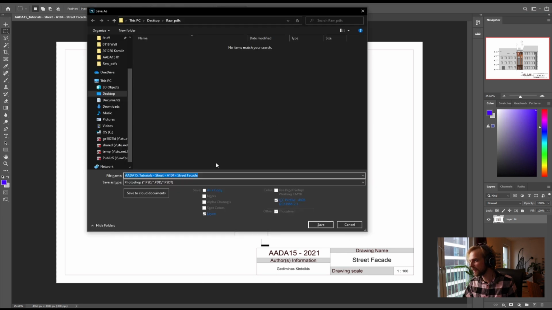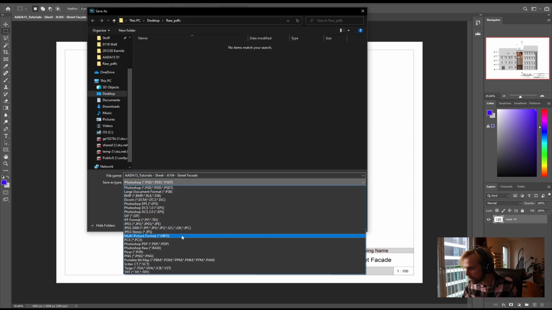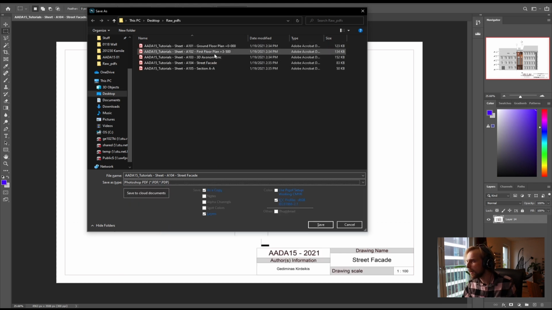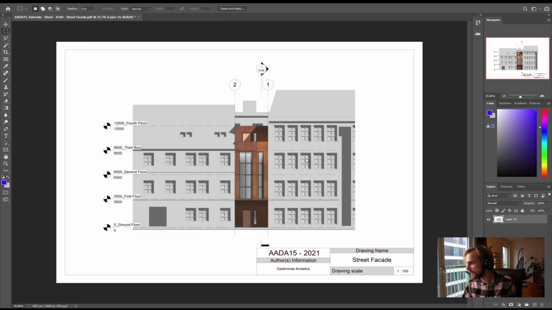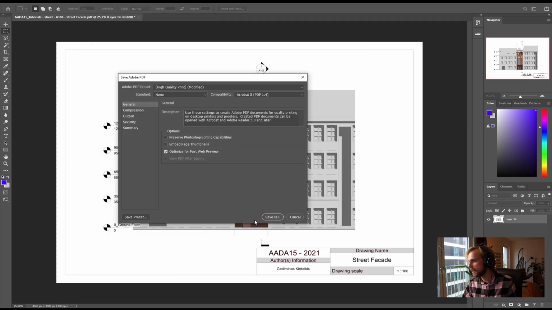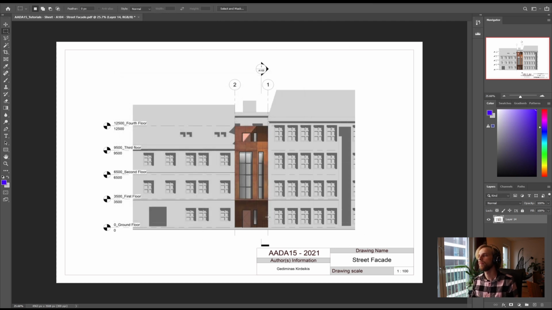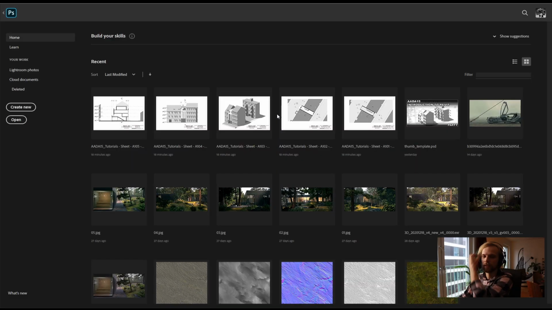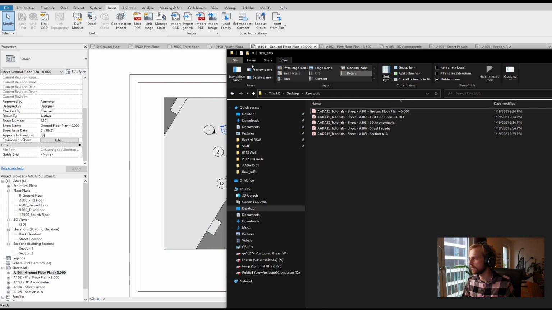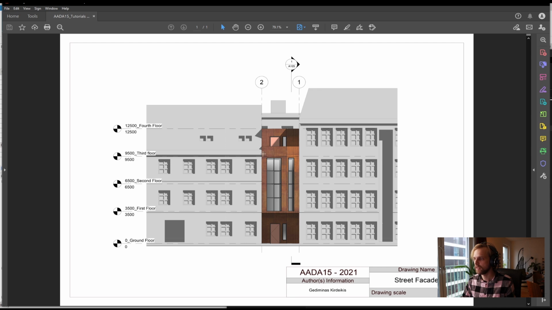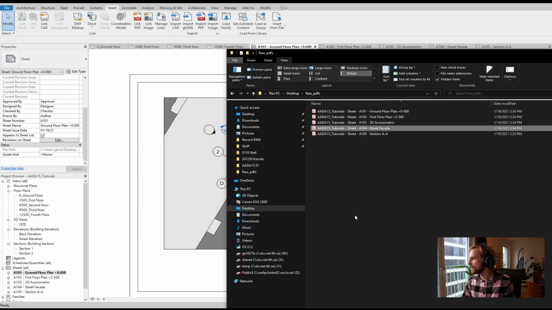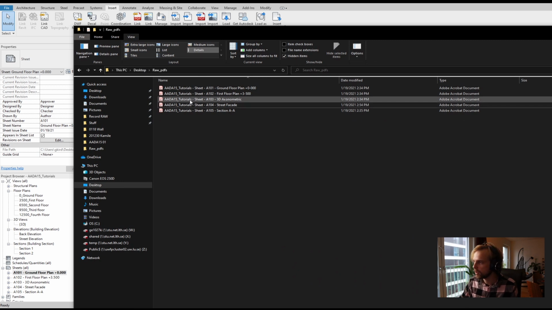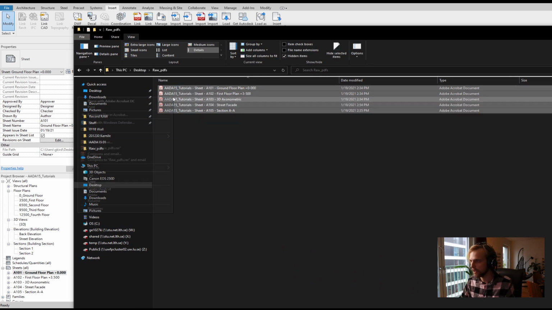Control S. PDF, street facade, no layers, don't need that. Save, yes, replace it. Hit OK. Hit save PDF. Okay, this time it worked. So now, once I close this and turn this off, I can see that my street facade here is nice and crispy. So if you have Adobe Acrobat Pro, you can select all of your PDFs, right-click them,